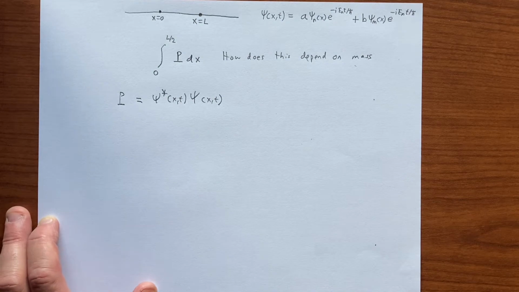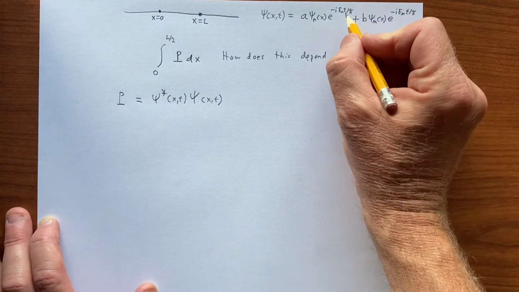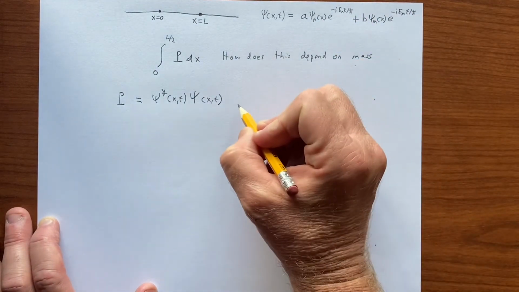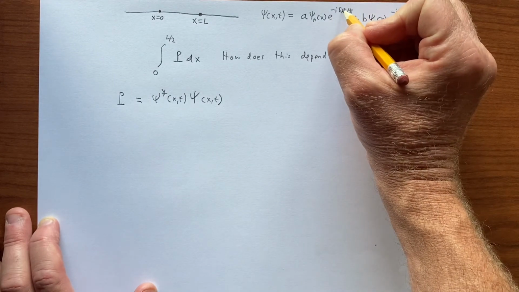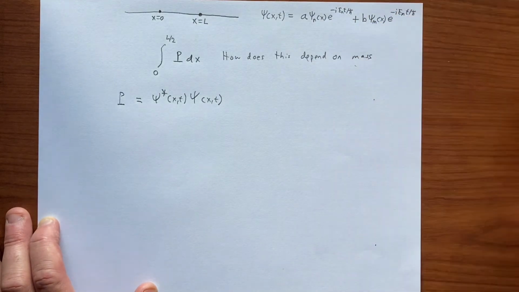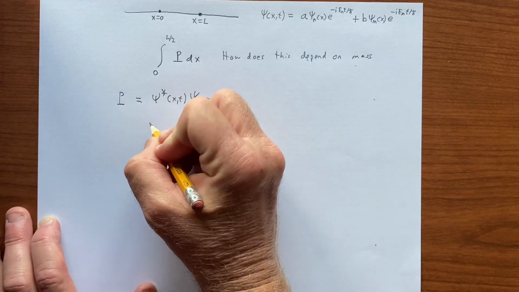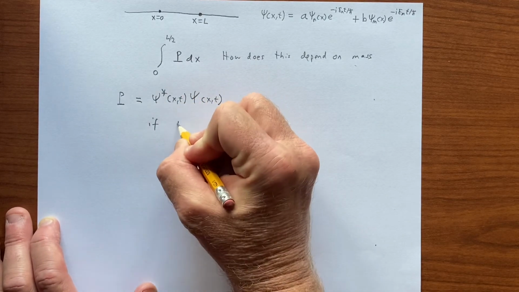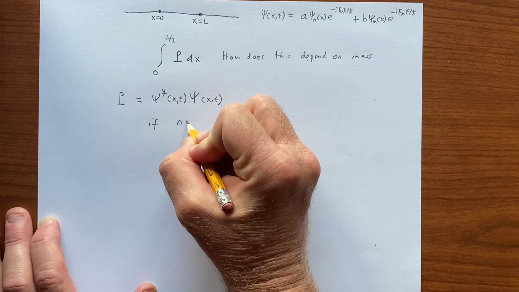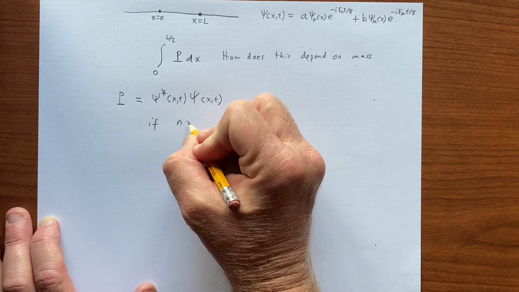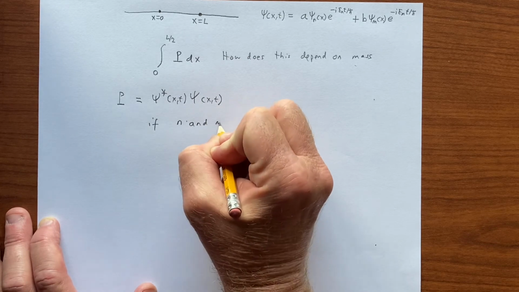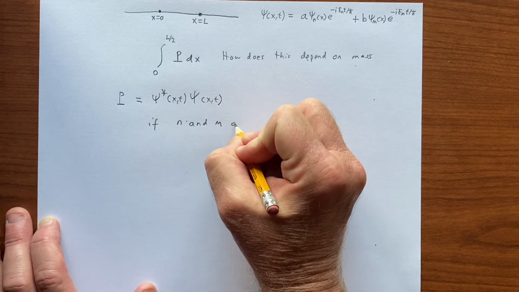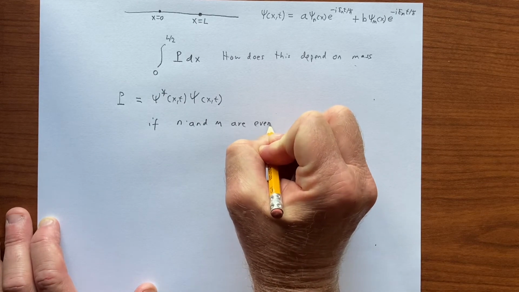So it looks like the mass of the particle will be in this calculation because it appears in E n and E m. But let's remember that if, say, n and m are even